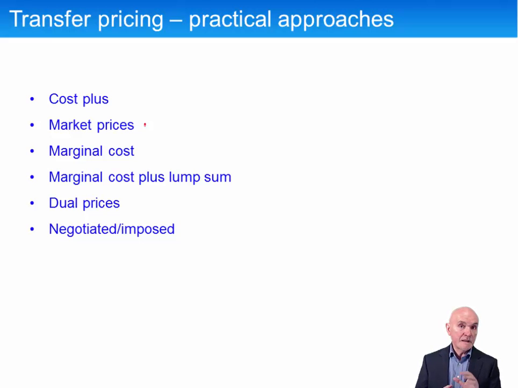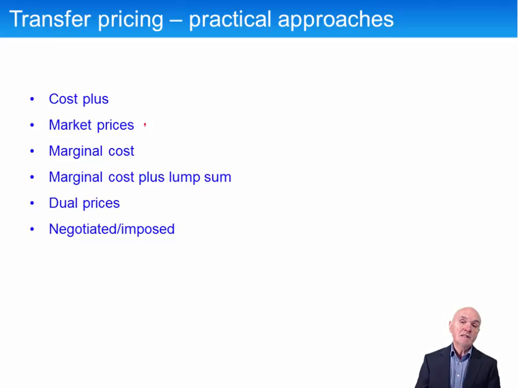You can say to division A, if you like, well, I'm getting you to sell at market price as though you're on your own. Let's see if you can make a profit of that. And you can say to division B, I'm getting you to buy at market price as though you were standing on your own. And let's see how you deal with that, rather than being kind of feather bedded by having artificially set transfer prices which can distort performance.